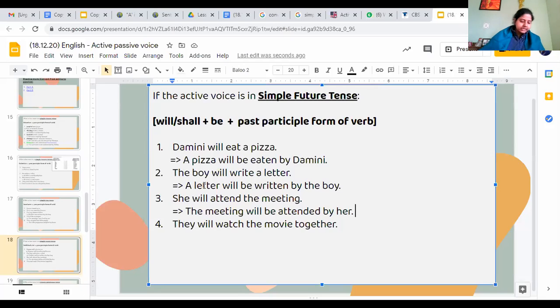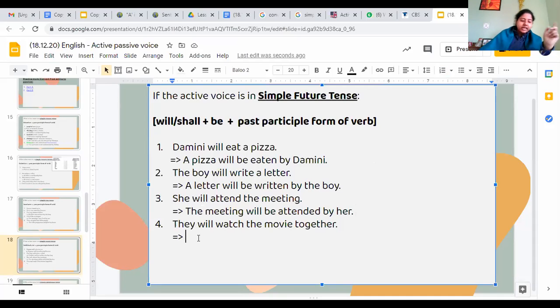In the chat box also, I can see similar answers. Great. And the last one, who wants to unmute and answer? Someone who has not given the answer yet. If you want to unmute, go ahead. The movie will be. Bhumika, you have answered na. Let the other person answer. The movie will be watched by them together. Thank you, Pranali. The movie will be watched by them together. Thank you so much.